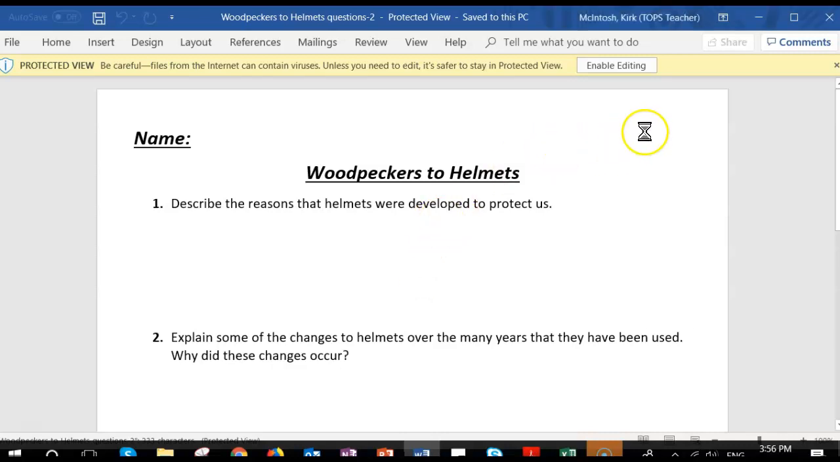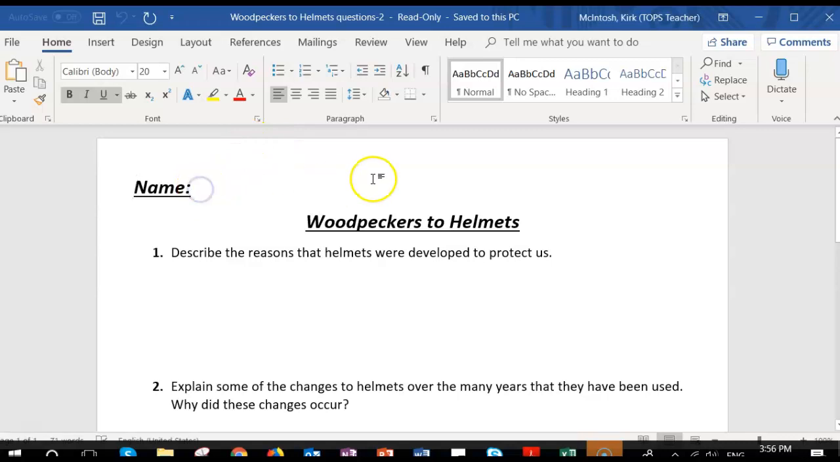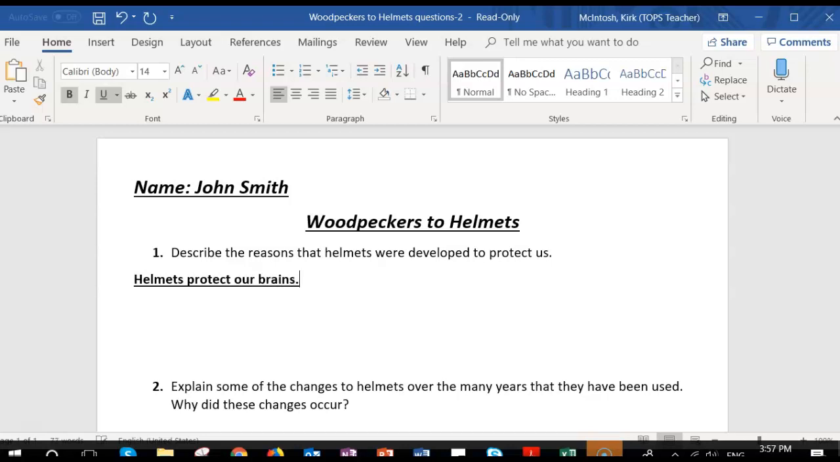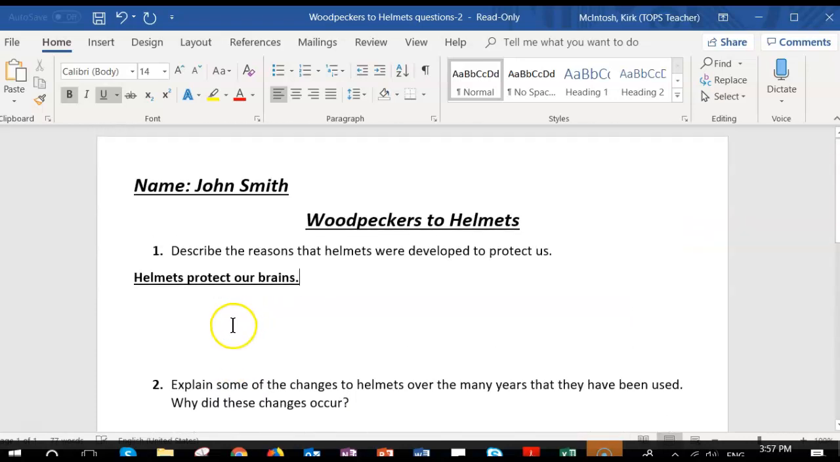Now, before you can type in any of your answers, you're going to need to click on this Enable Editing button, and that will allow you to type into this document. So let's say that John Smith is going to type in his answers: helmets protect our brains. Okay, and once you have answered all of your questions and you're happy with that, the best